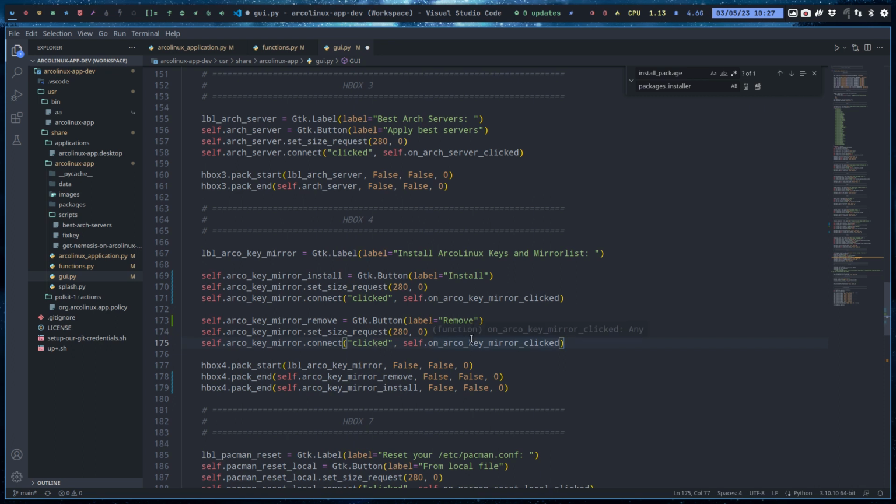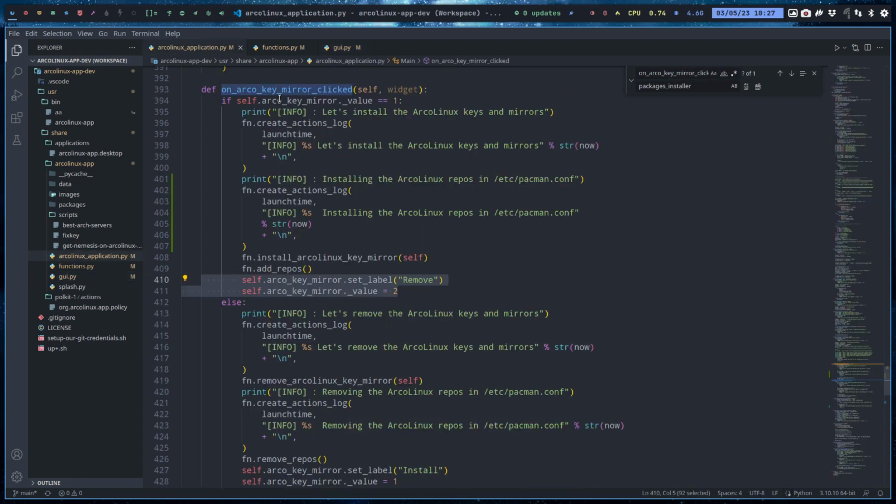If it's clicked, we go to install, and remove. So that's working. No, yes, no. So we go to this one, Control Find, and it does here, if self value is 1,